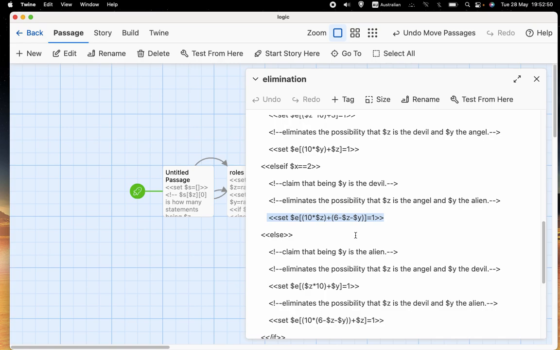Why 6 minus Z minus Y? Well, 10 times Z, because that eliminates the possibility that Z is the angel. Why 6 times Z times Y? Well, because if Y is the alien,